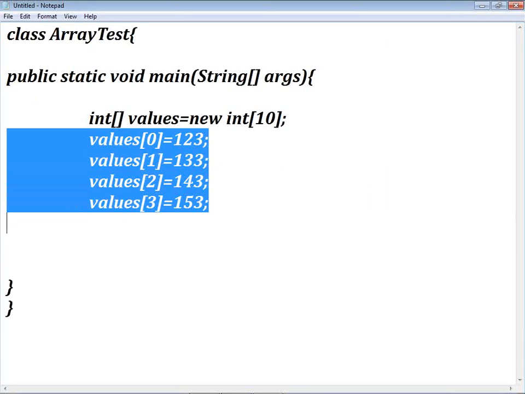A student contains student ID, student name. Next, let us take course. We'll take these three things: the student ID, student name, and the student course. How many records do I want to maintain? 10 student records. So which data type do you have to use here? Integer data type. Integer in the sense how many things can you store? Only number type of data you can store, right? But here I want to store 10 student records. Each student record has three things: student ID, student name, and